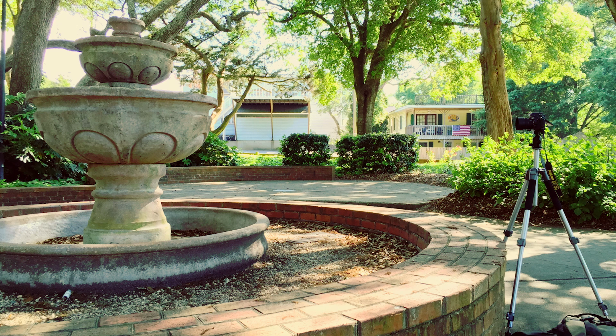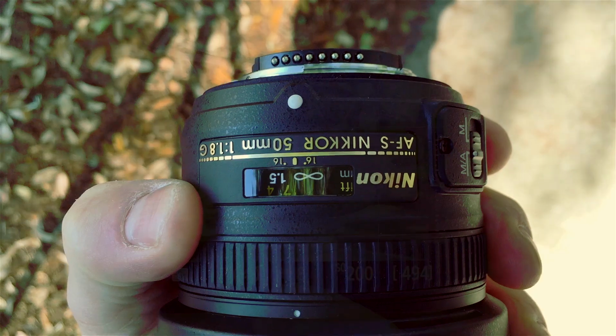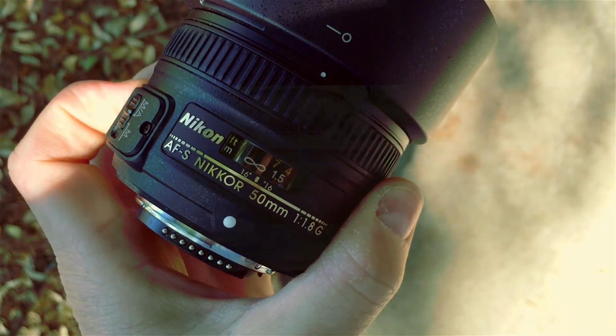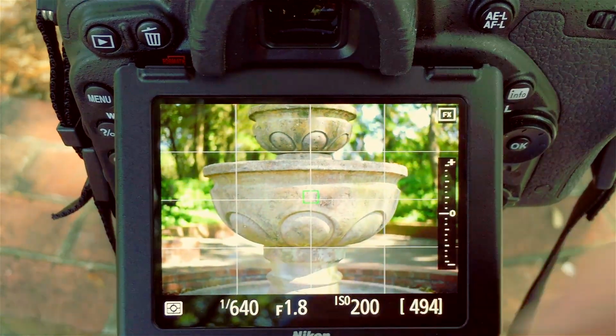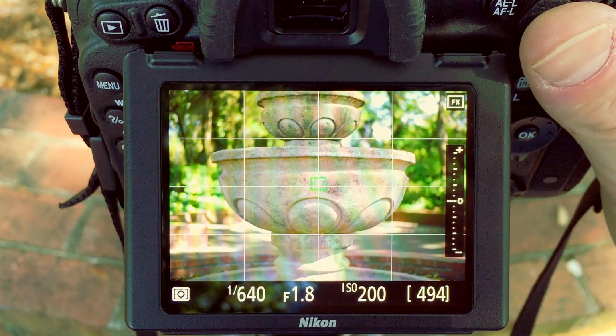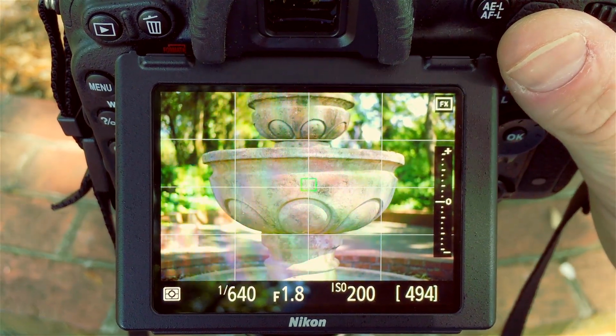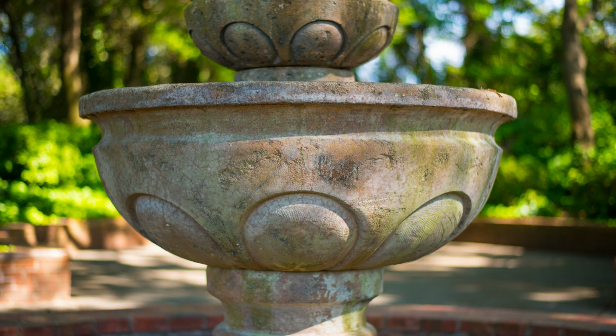Alright, so now we're going to go on to aperture, or the lens opening, and see what kind of differences we get there. Alright, so now we're using the same 50mm lens, and I am probably about 5 to 6 feet away. I'm going to shoot this at an f1.8. And as you can see, I have a very shallow depth of field. The background is blurred, even some of the foreground, some of the edges of the water fountain. Mainly a little bit of the area in the center is the only thing that's in focus.